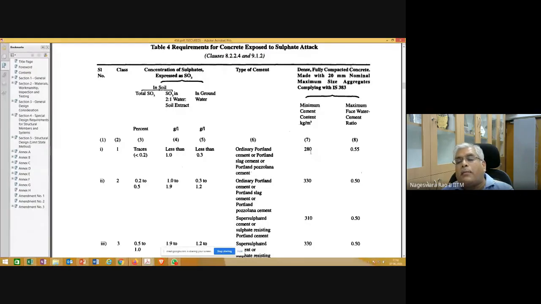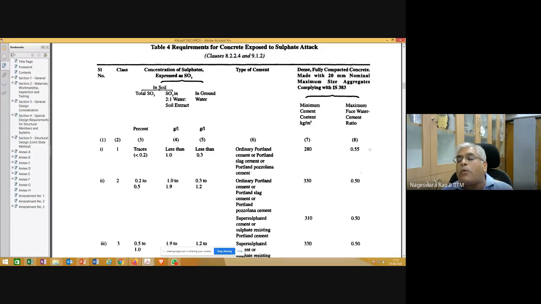Once you decide on the minimum cement content, you can calculate. This is the minimum cement content, and this is the maximum water cement ratio. So your water content should not exceed this ratio. Here it is 280 kgs. So using 280 with this 0.55 water cement ratio, you can get the equivalent amount of water.